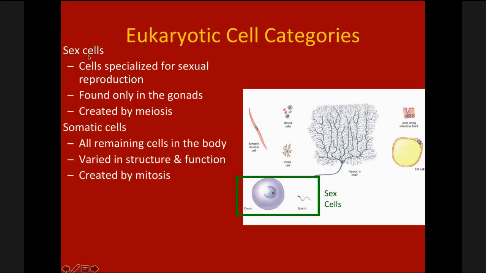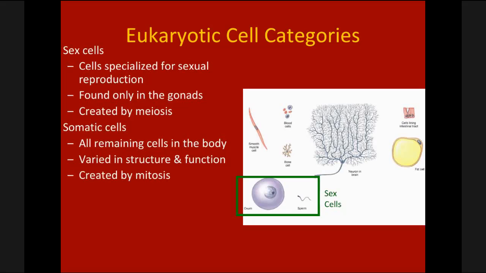And sex cells are important for sexual reproduction. I'm going to talk a lot more about these when we get to cell division, and I will also talk about them when we talk about the reproductive system. So sex cells are only created in organs called the gonads, and that's a generic term for a reproductive organ. It refers to either an ovary or a testes. Keep in mind that the ovaries and the testes themselves are made up of somatic cells. Inside of them, they can create